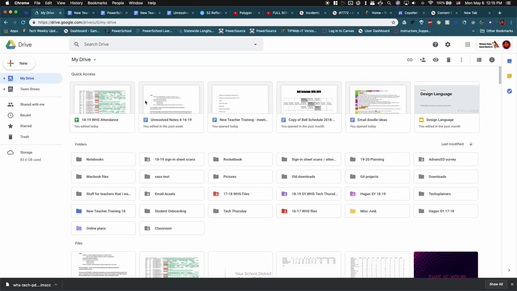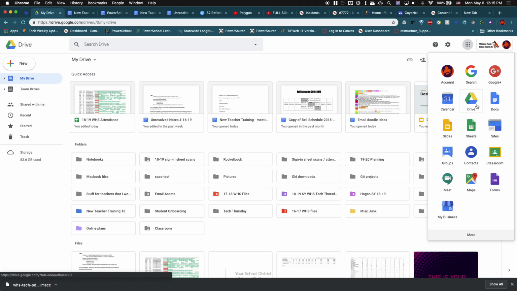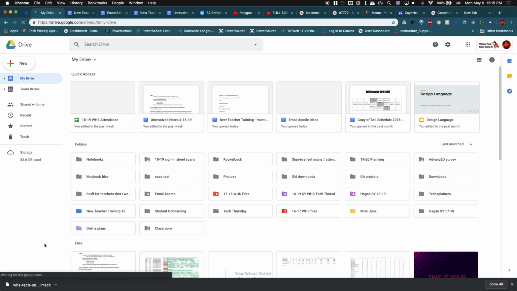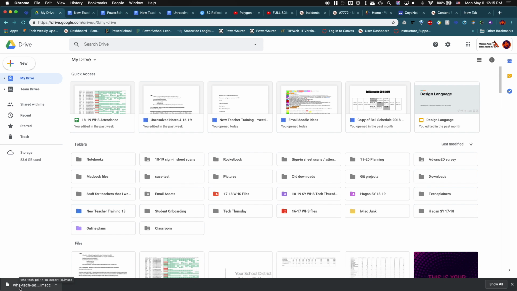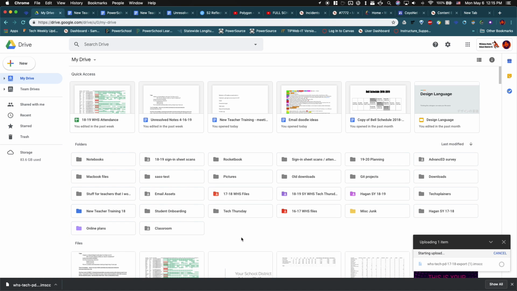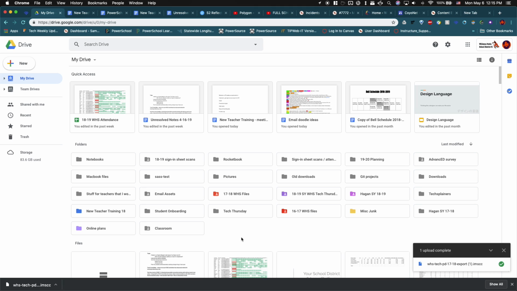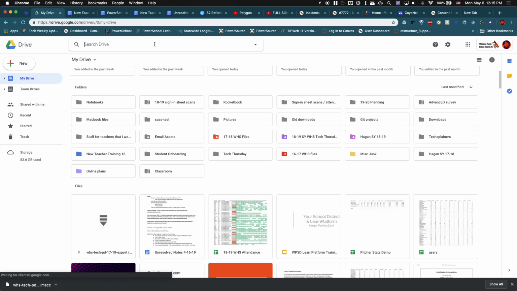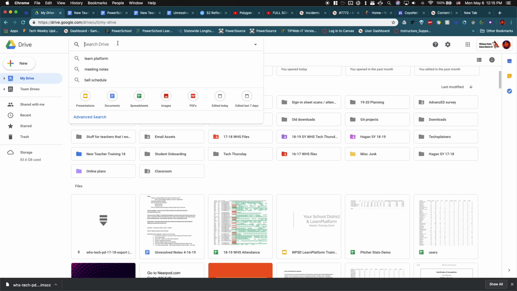Now, as an extra precaution, I do advise that you go into your Google Drive. I already have my drive open. Just go into drive.google.com or click on your app bar and go into Drive. And then just drag and drop that file from the download bar into your Google Drive. That way you're always going to make sure that you have a copy of the IMSCC file. As long as it stays in your Google Drive, then you don't have to worry about finding it again, because all you have to do is go up to Search Drive and then type in